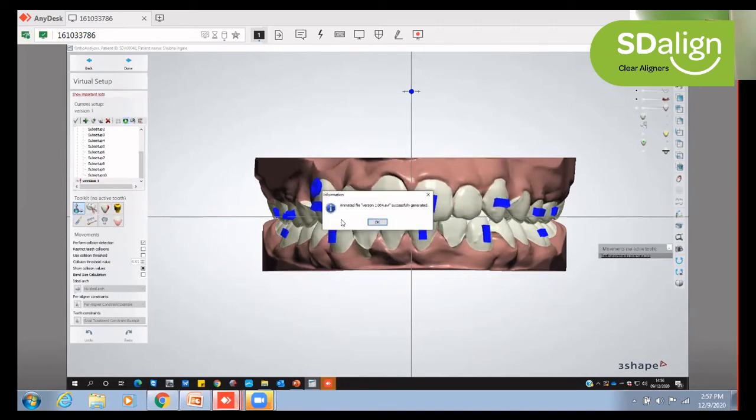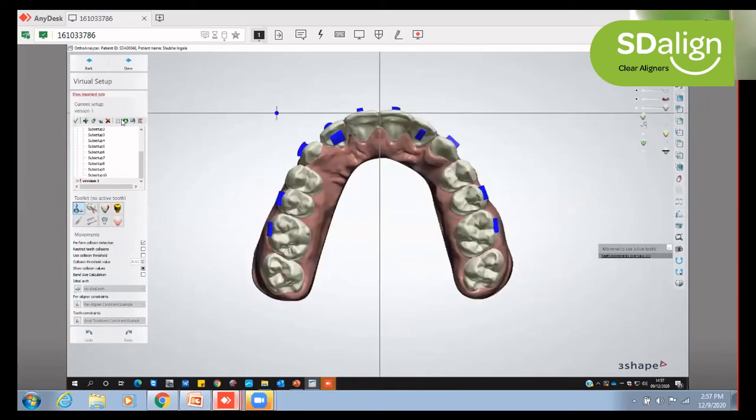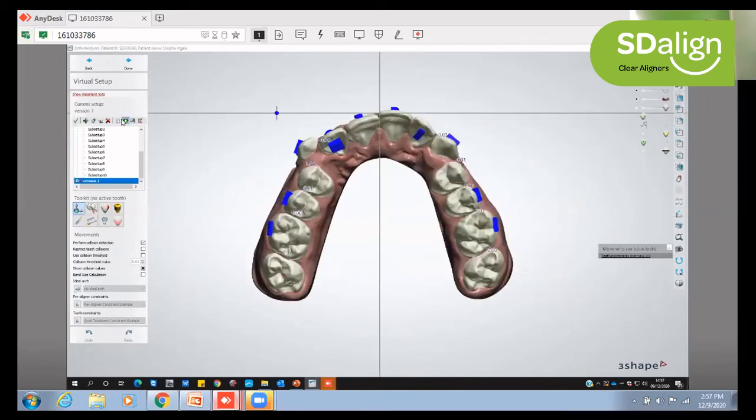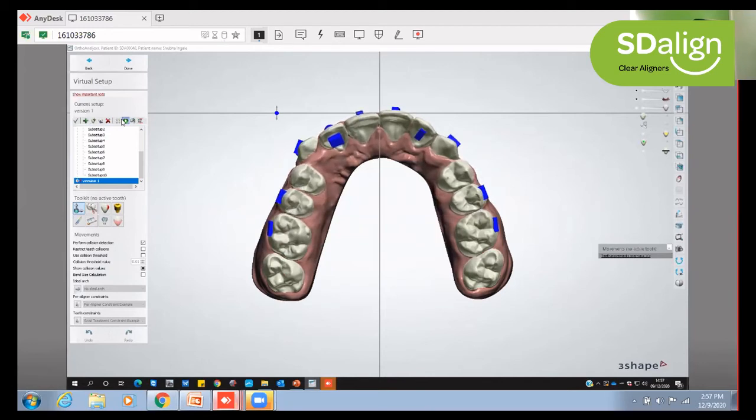And then in the end, we did a little bit of compact arrangement. So this is how the whole correction. Now let's view from the occlusal view. So this is the end of arch form coordination.